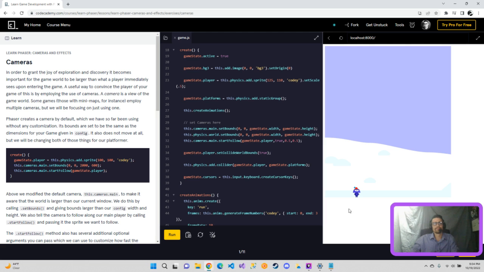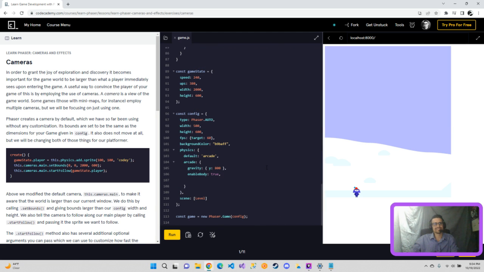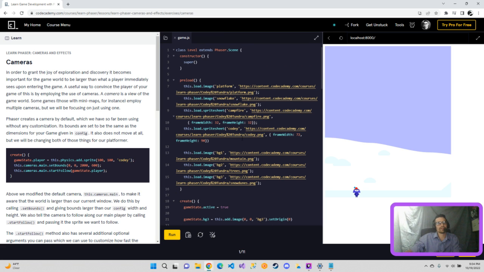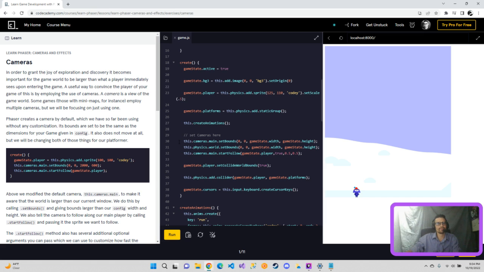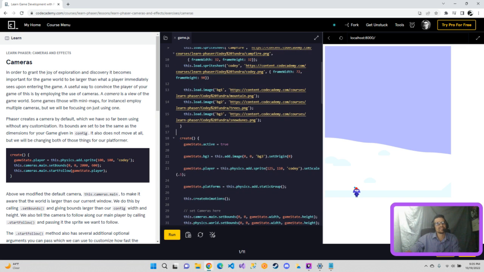So right here, as you can see, this area is set up in our configuration, how we have the width and the height. And then up here where we have our camera, we put it right here. We set the bounds, the world, for the game state.width and the game state.height, which if we go to the game state,